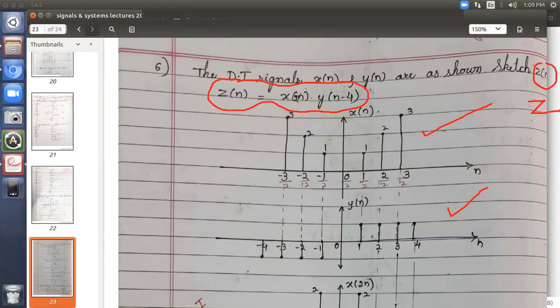How many operations are involved here? Very first thing is this. There is a scaling by 2 factor. And there is time shifting n minus 4. If you observe, you'll tell me there are only 2 operations involved. No, let me tell you there are 3 operations involved. Here there is a multiplication. These 2 operations which I have encircled, these 2 are the operations on time. But this in between dot indicates this is the operation on amplitude. Means whatever signal amplitude for